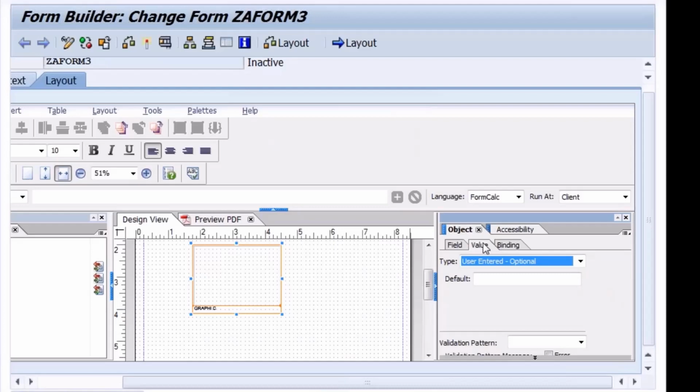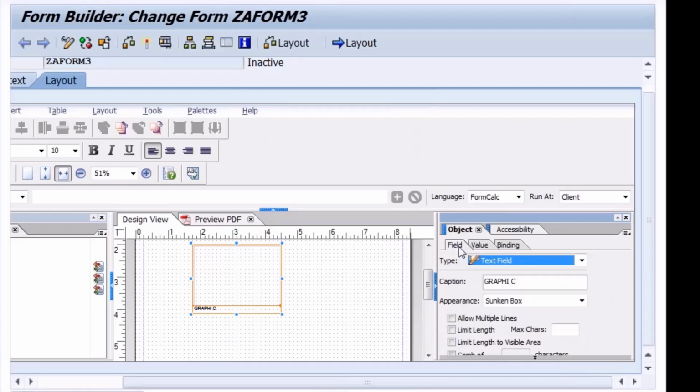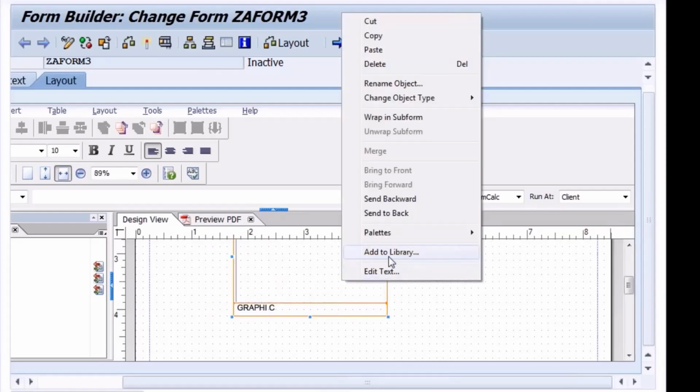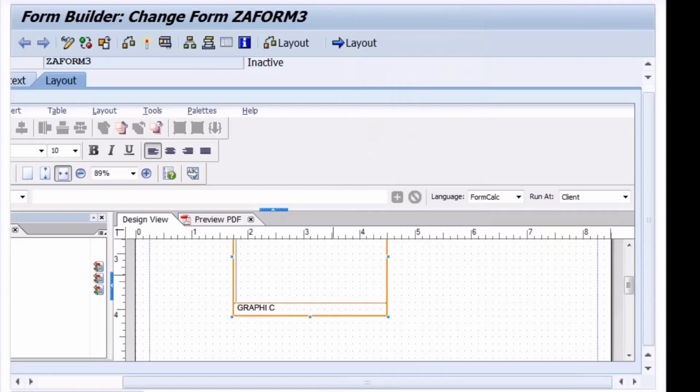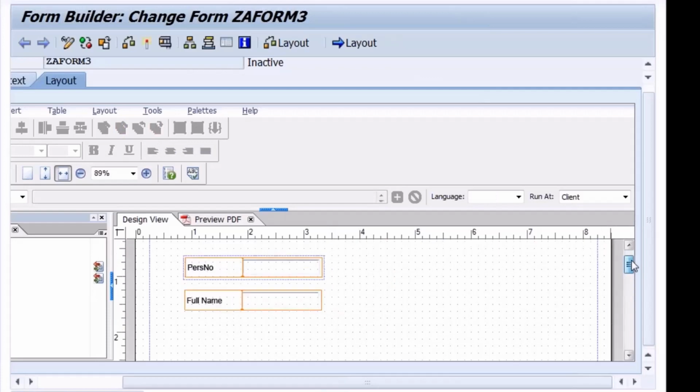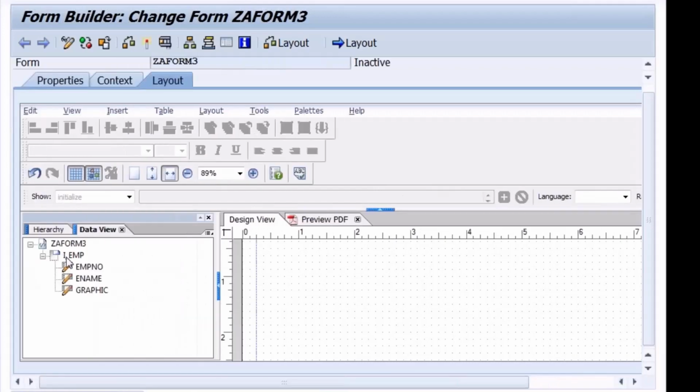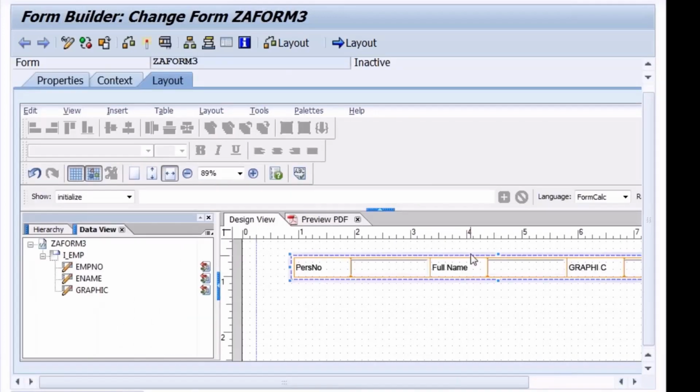I'm getting value field, again distinct text field. One second, and take this as it is.